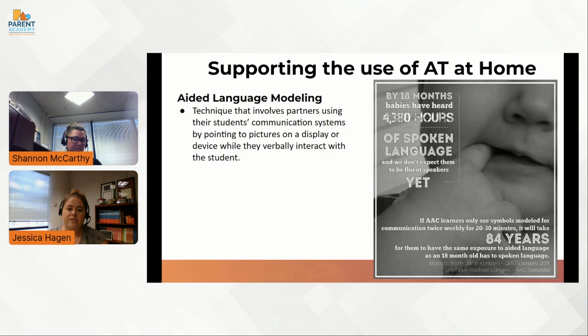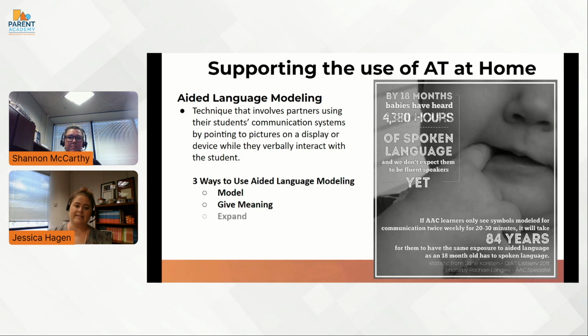There are three ways that you can use this aided language modeling. First thing you want to do is model. Use their AAC to model your words. Give meaning. If they're pointing at the snack, model, "You want a snack." And then expand. They may use their AAC to just simply say "snack," and you can expand that by modeling "you want snack"